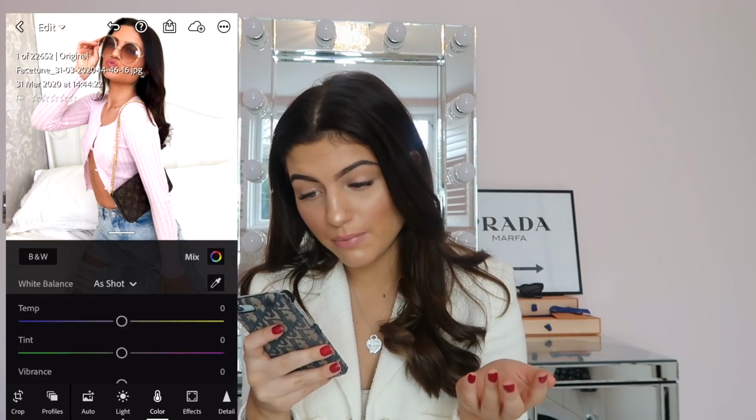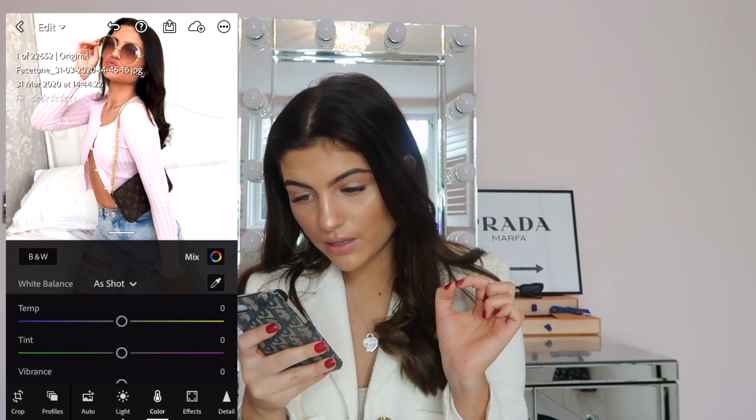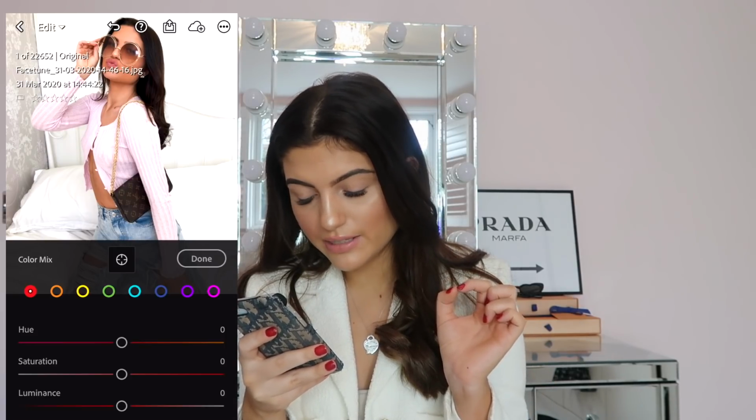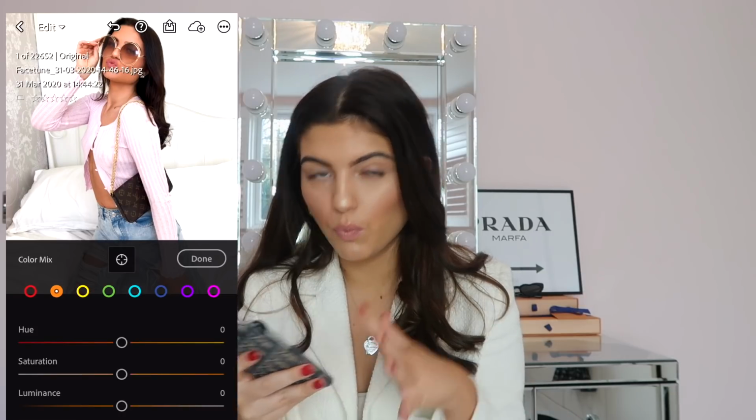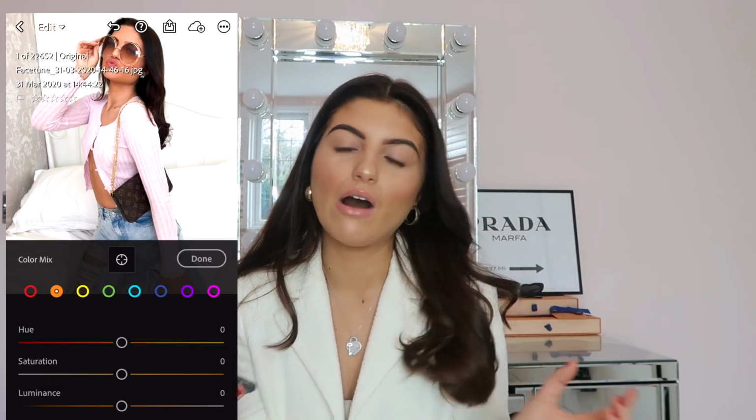Contrast, sometimes I do like to up the contrast a little bit. And then depending on what I look like, sometimes if I'm a bit pale, I will make myself look more tanned. You go on to the colours and then you take the luminance down so it makes you look more tanned,